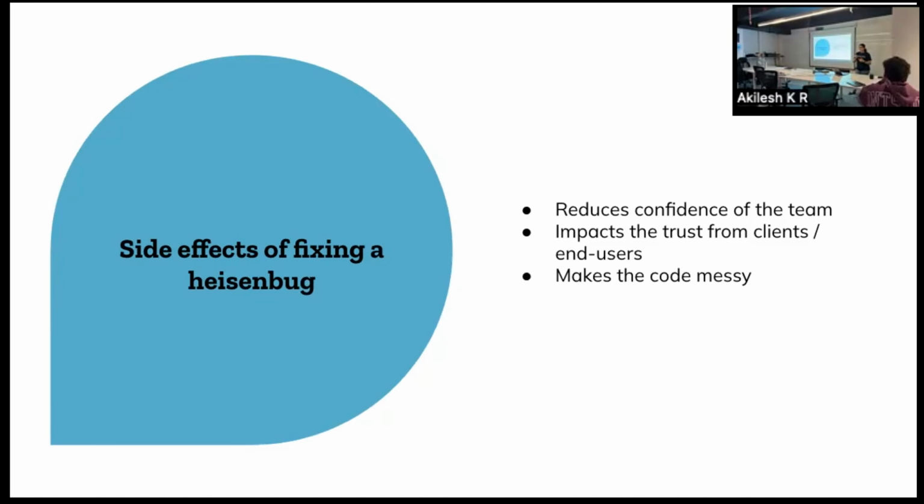It's not just in the code. There could be other architectural elements, like a job that runs once a month, and you don't have any context on what it does. If you stop the job, you don't know what is going to break. So that makes the entire architecture and the code messier, which is not a very great state to be in.